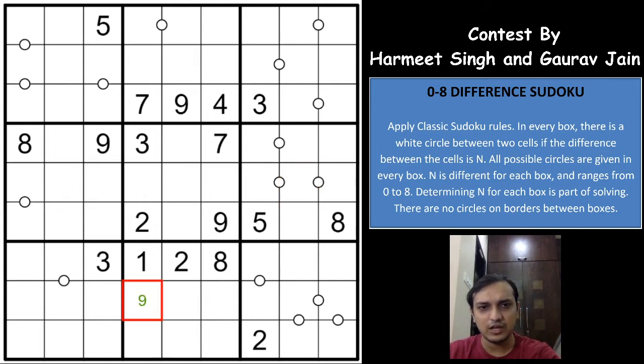So you can have a 9 in one of these two cells according to the classic rules. Same way 2 in one of these two cells, 8 in one of these two cells, 7 in one of these two cells again, and 5 can be in one of these two cells. One of the very good start breaking here is the 1 here, right?